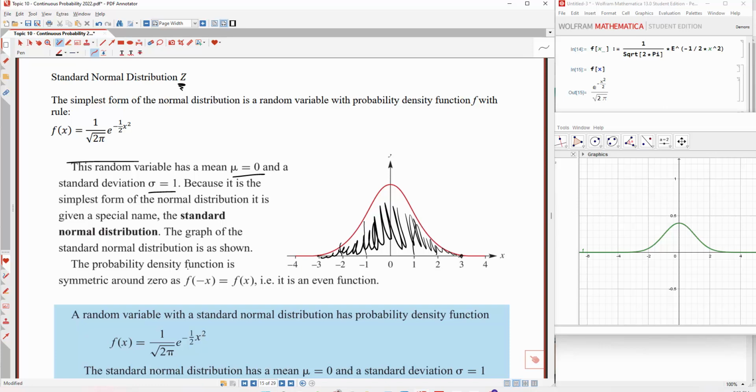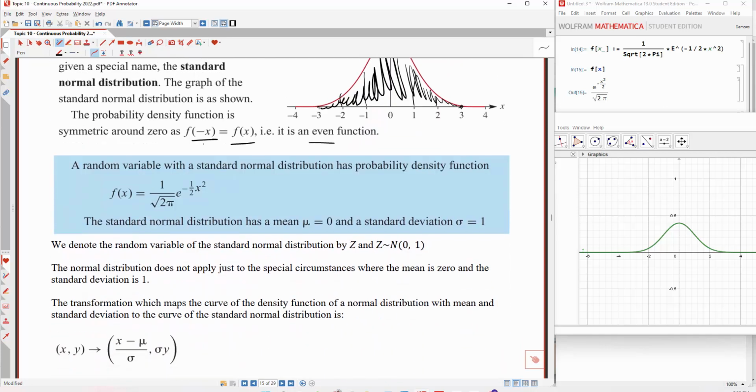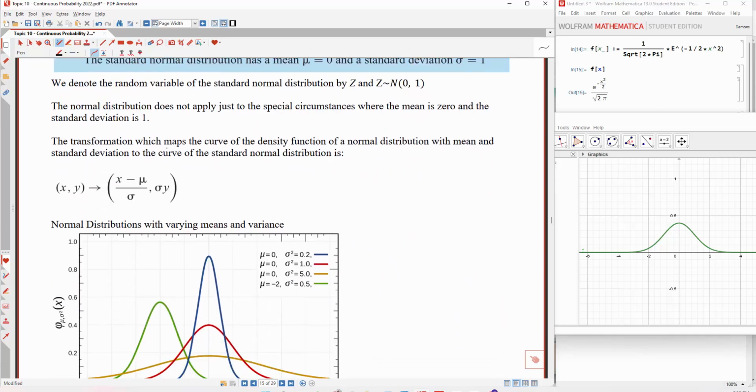The probability density function is symmetric around 0, so if you reflect it in the y-axis, it produces exactly the same function. So we call that an even function. So we denote it in the following way. We always call a standard normal distribution Z. We don't have to, but it's convention, where Z is normally distributed, mean is 0, and the variance is 1,